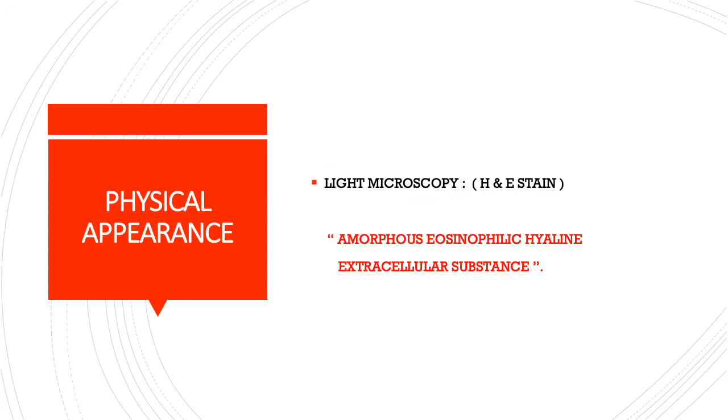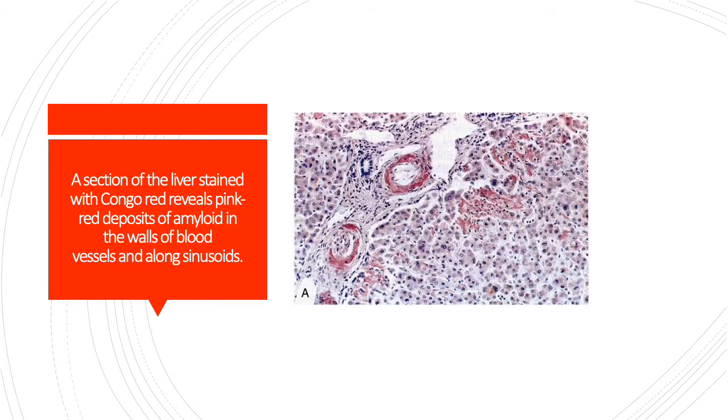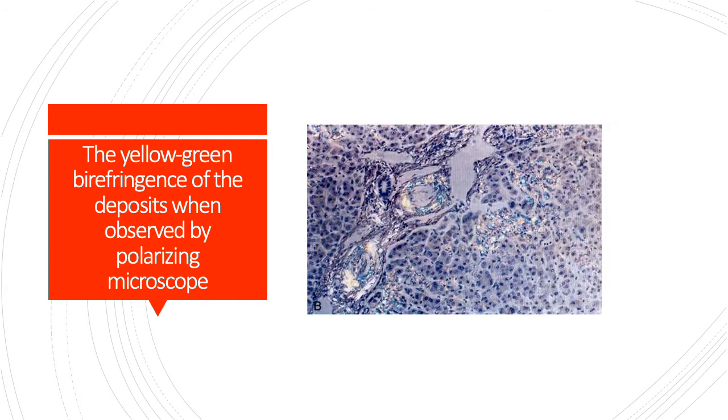Physical appearance: under light microscopy, with hematoxylin and eosin stain, this appears as an amorphous eosinophilic hyaline-like substance. This is a section of liver where you can see red colored deposits of amyloid in the walls of blood vessels as well as along the sinusoids of the liver, and this is by a special stain called Congo red, which demonstrates amyloid. Under one more specialized microscopy called polarizing microscopy, these amyloid deposits will give apple green